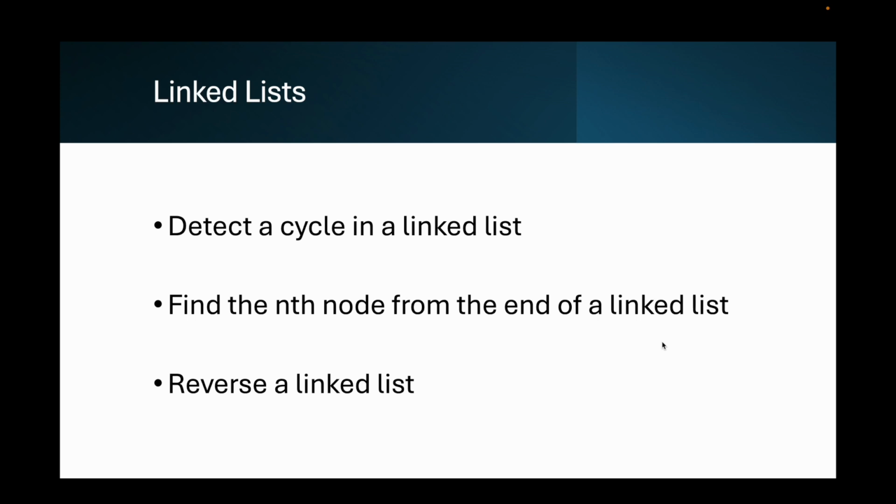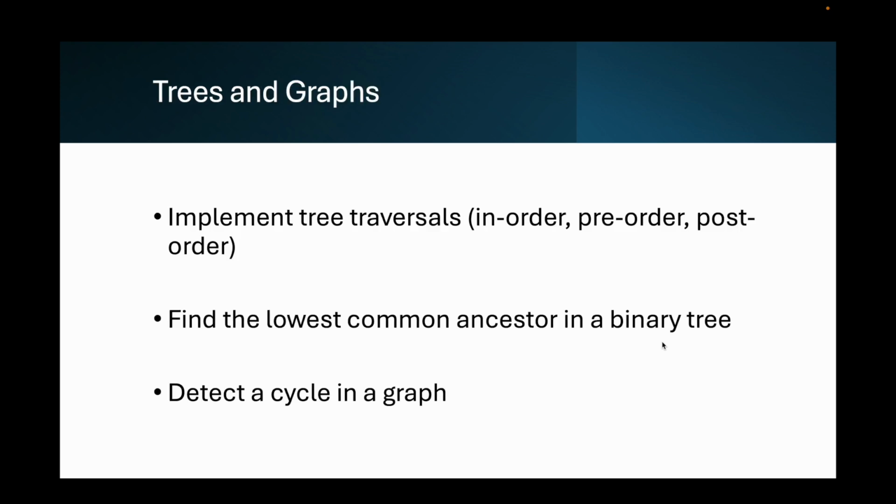Next, we're going to look at linked lists, where we'll detect a cycle in a linked list, find the nth node from the end of the linked list, and reverse the linked list. Now, if you're not familiar with these, as and when we solve these problems, I'm going to explain what they are. Next, we're going to look at trees and graphs, where we are going to implement tree traversals, where in-order, pre-order, and post-order types. We're going to look at the lowest common ancestor in a binary tree,